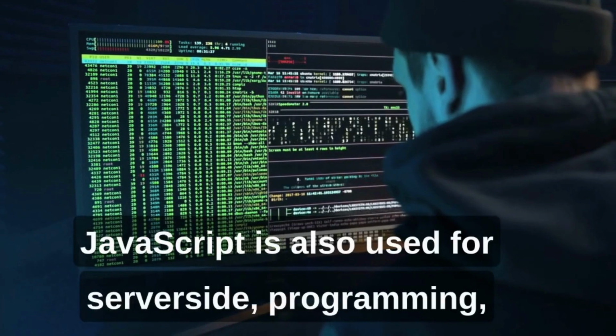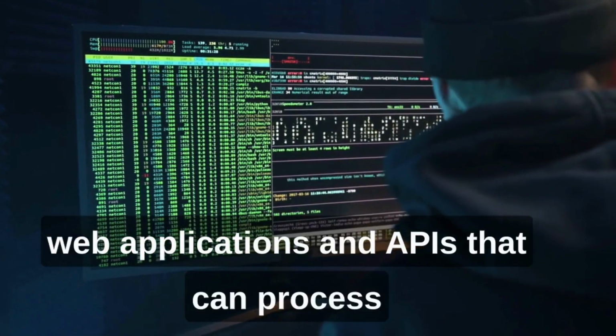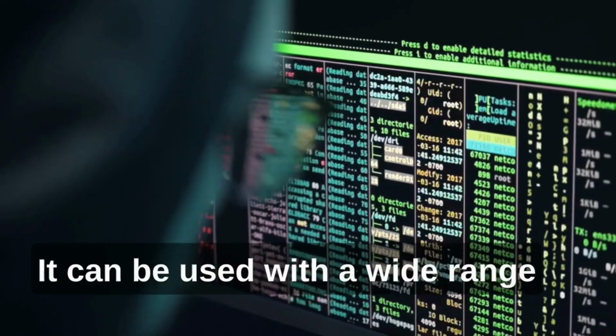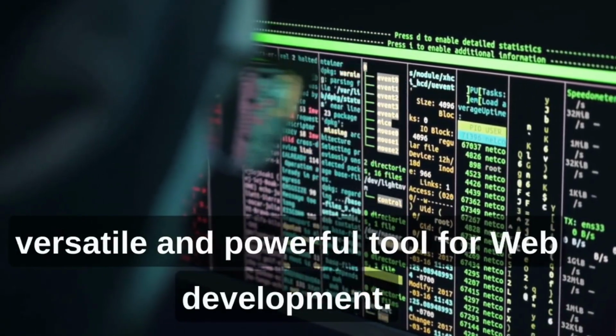JavaScript is also used for server-side programming, where it can be used to create web applications and APIs that can process data and respond to requests from clients. It can be used with a wide range of web frameworks and libraries, making it a versatile and powerful tool